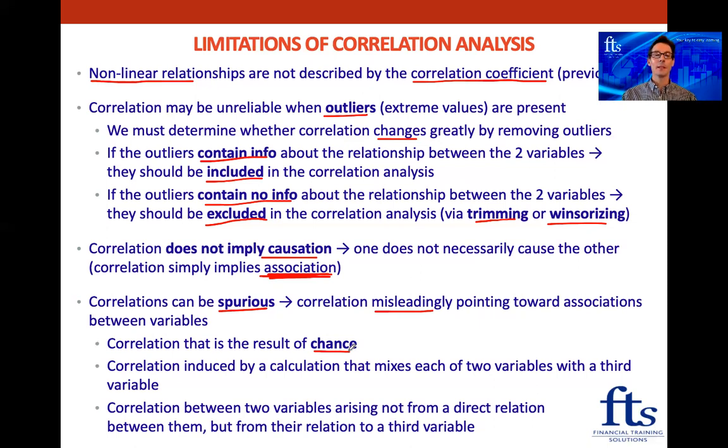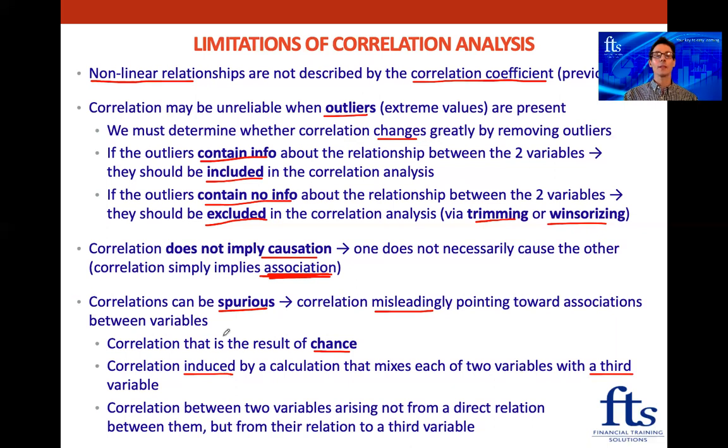And then the next instance of spurious correlation is correlation that's induced by a calculation that mixes each of 2 variables with a 3rd variable. So, for example, 2 variables that are uncorrelated may actually become correlated if they are divided by a 3rd variable. So something like that can be a problem. And then